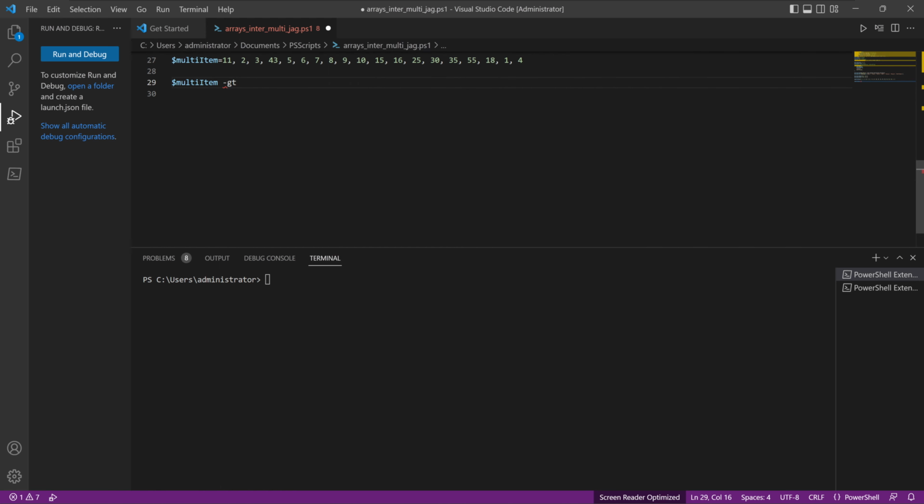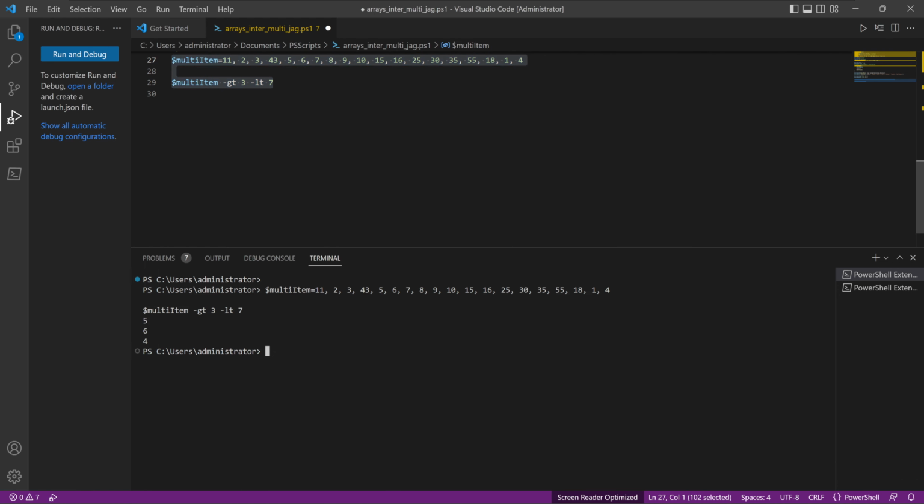Let's say greater than 3 and less than, LT, less than 7. Other than doing an expression which is kind of complex here, because we are putting two boundaries, an upper boundary and a lower boundary, you can also create a slightly more complex way of expressing this using the Where-Object